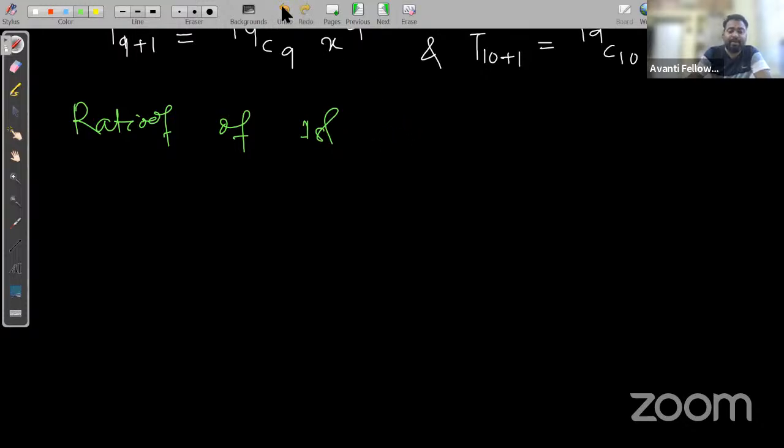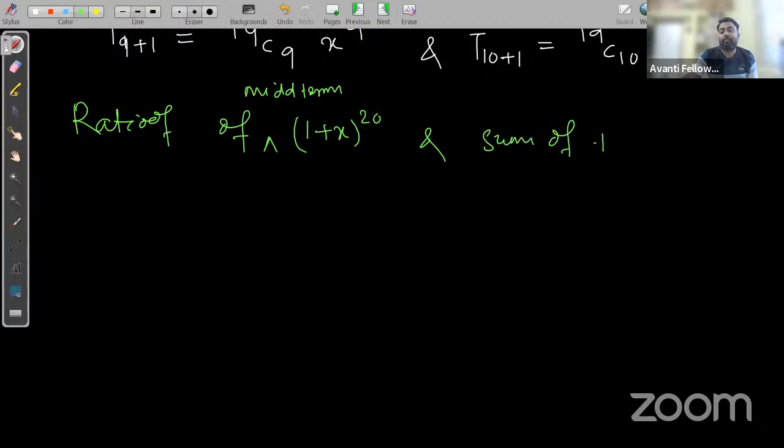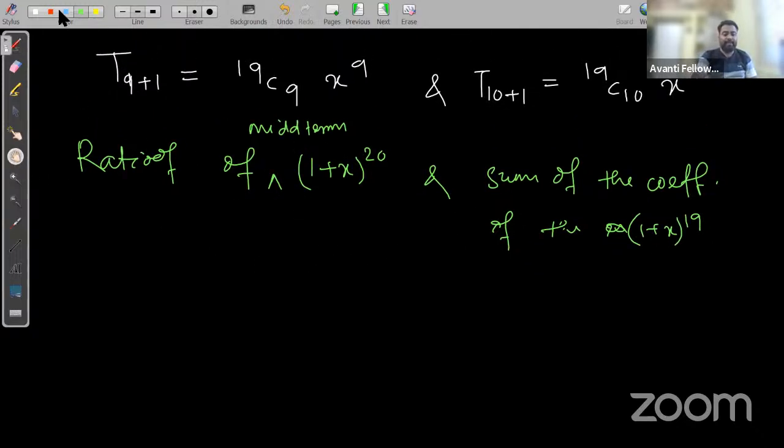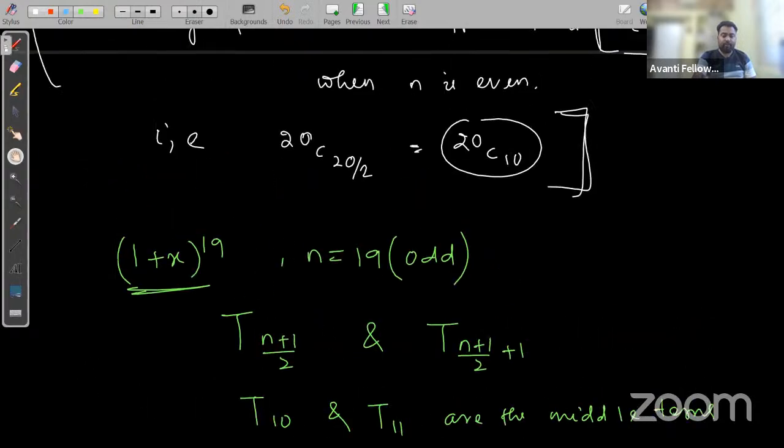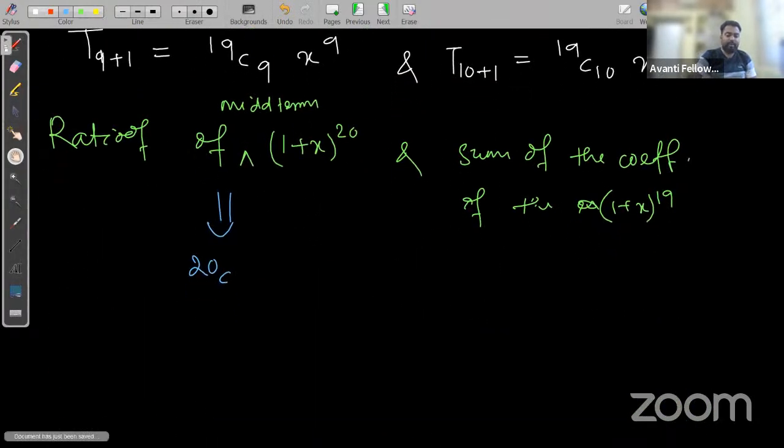Okay, so instead of the first expansion, (1 plus x)^20, we take the ratio of the middle terms of (1 plus x)^20 and the sum of the coefficients of the middle terms of the expansion (1 plus x)^19. For the first one, what is the coefficient we got? That is 20C10, right? 20C10,